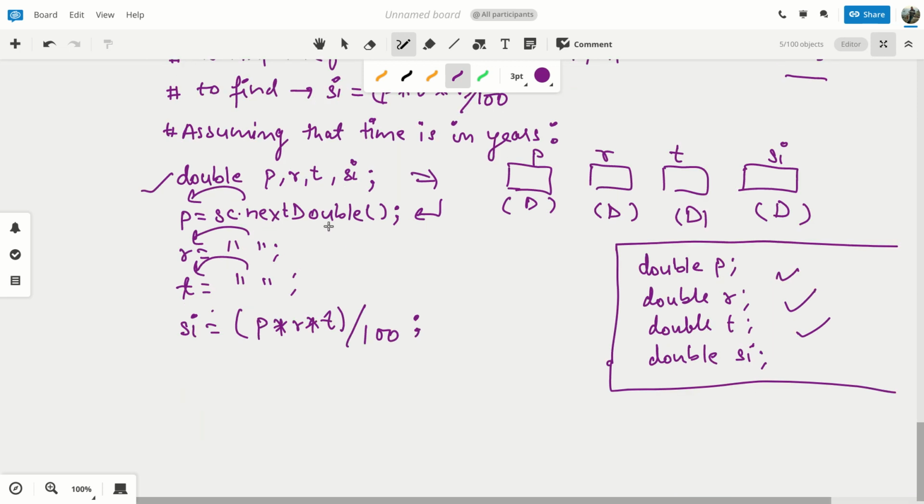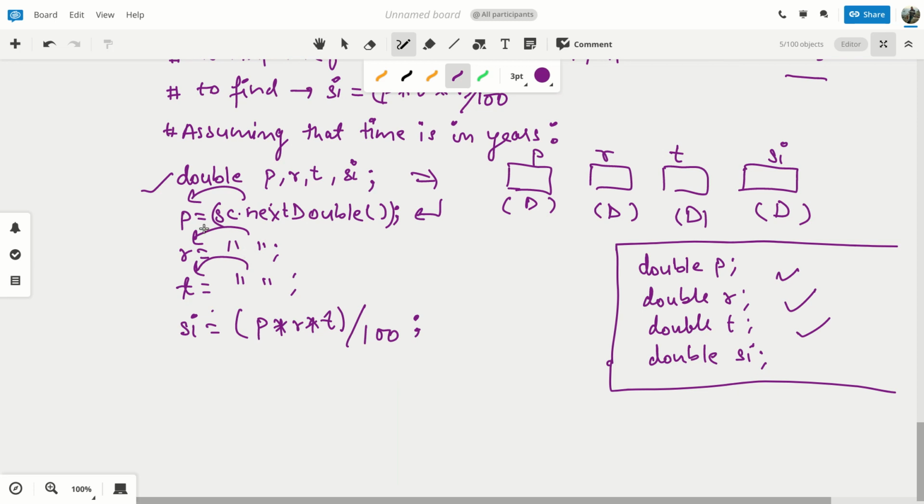I'll explain. When you write this line, this thing that I have given will make the user enter one value, and that value, once you enter, when the screen is blinking, will immediately go in P. In the second line, when you again write the same thing, the computer screen will wait for the user to enter.